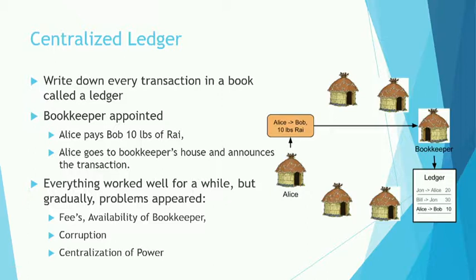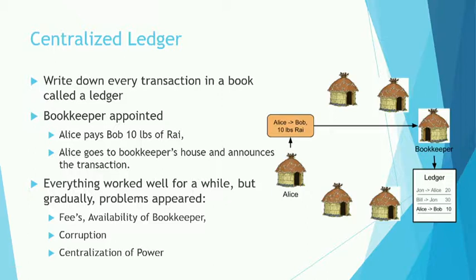Also, because he's a person, he could be corrupted or he could be threatened, and he could entitle a stone to a different person by the means of power or any other reason. And because he was just one single person, the bookkeeper, he centralized the power, and he was the highest authority in their nation. So the community decided that perhaps this is not the best way of how we could